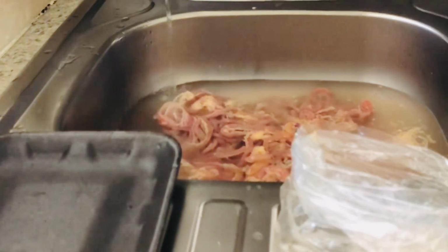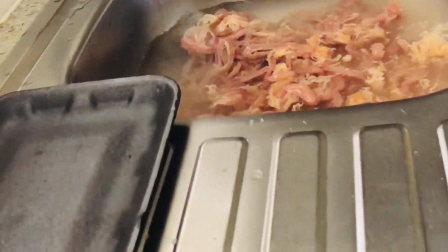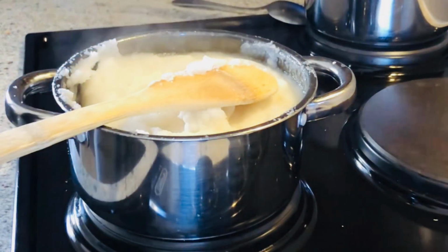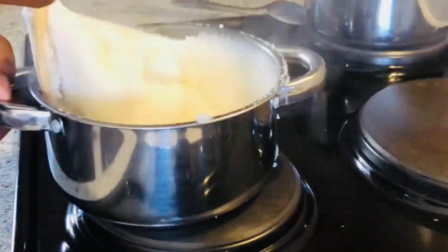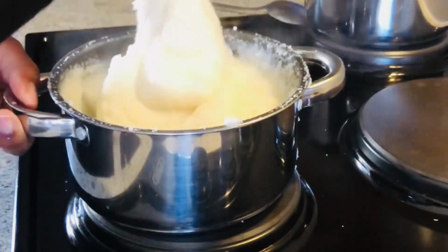Make sure that you wash them with warm water. That is definitely warm water. Sorry, my camera. Yeah, warm water. And leave them for a little bit. Remember, when you want to wash things thoroughly, warm water, a little bit of salt, leave them for a few minutes, 5 minutes, while we are